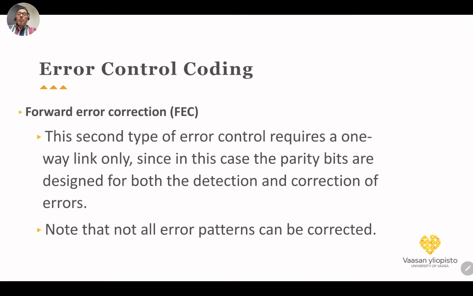The second kind is called forward error correction. Forward error correction is the scheme where the receiver detects the error and also corrects the error. Of course, it has some benefits, in that we don't need to make retransmissions. Retransmission is one of the disadvantages of ARQ, that it will increase the latency,